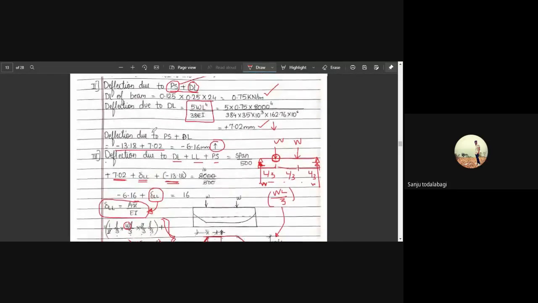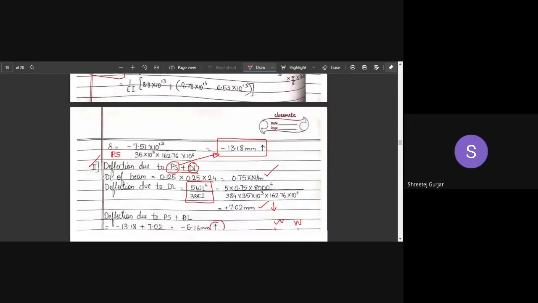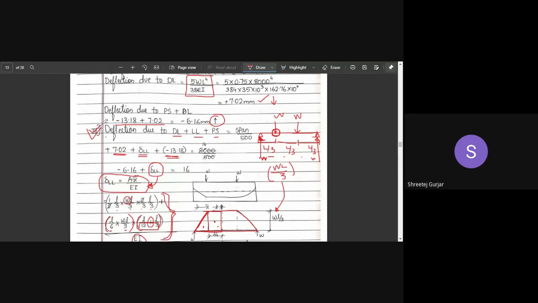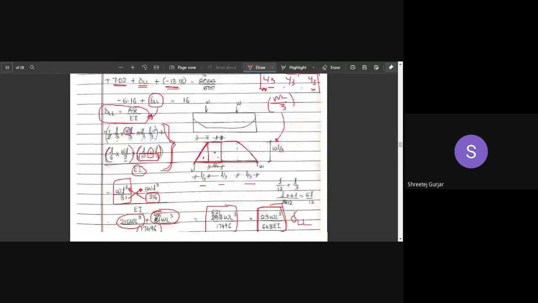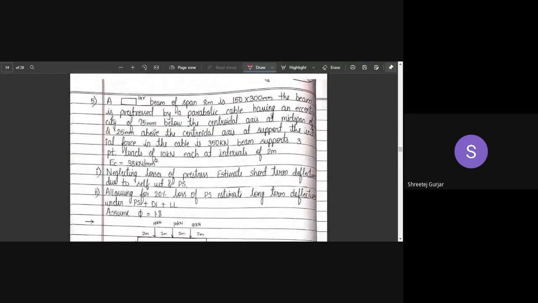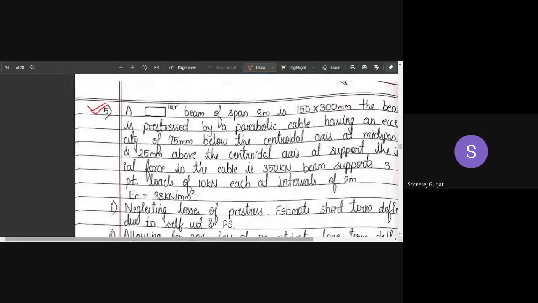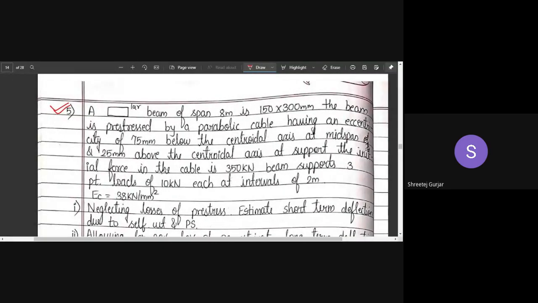The first and second parts of the question are very easy. Only the third is a bit confusing. If you practice, it will be clear. A similar type of problem will be given in your exam, but they will change the loading condition. So practice is important. I'll give you this as homework. I'll read the statement and tell you how to solve it, and you can practice at home. Is it fine?